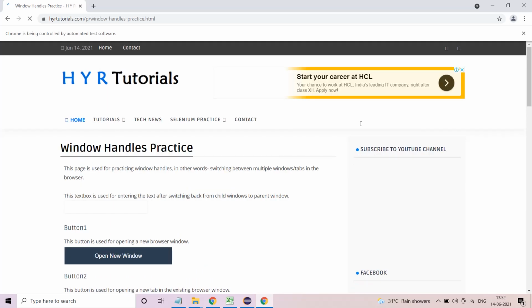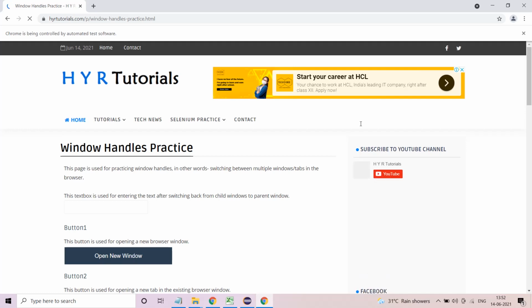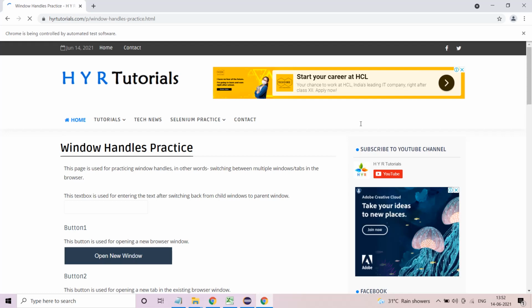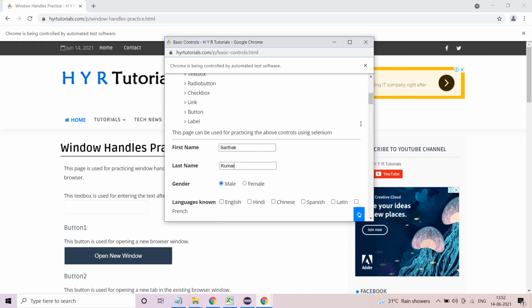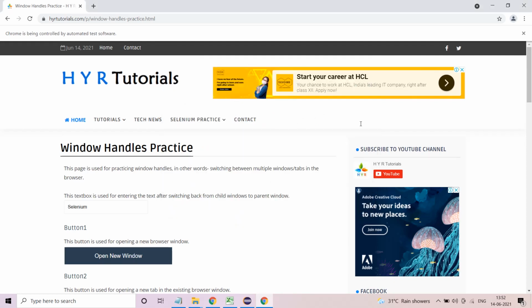Now it clicks on the open new window button, and it will open. Just give some time. My internet is very slow. Okay, finally it opens. So see, Sarthak Kumar, it entered, right? See here, Selenium also got entered. So technically our code is absolutely fine. There is nothing wrong in our code.